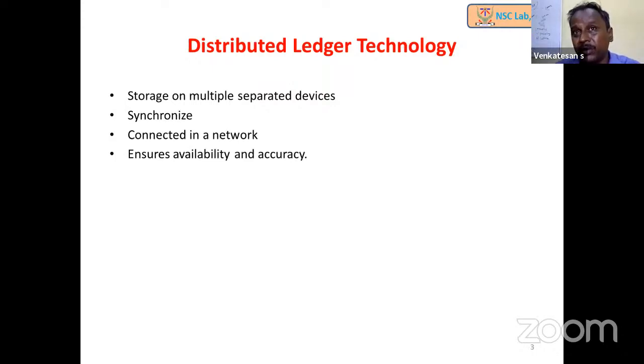So here we don't need to worry about a single node compromise or loss of data due to a single node crash. Because it is distributed in various places, it can be accessed from anywhere. So it ensures the availability, and as many parties are involved, we can say the integrity of the data is also getting ensured. So that's the accuracy.